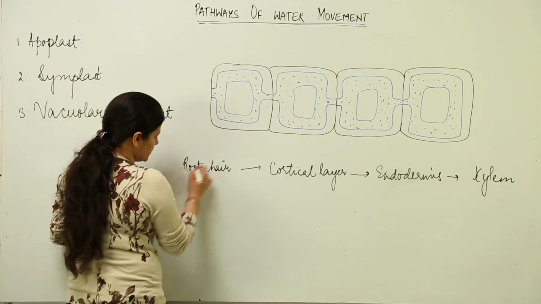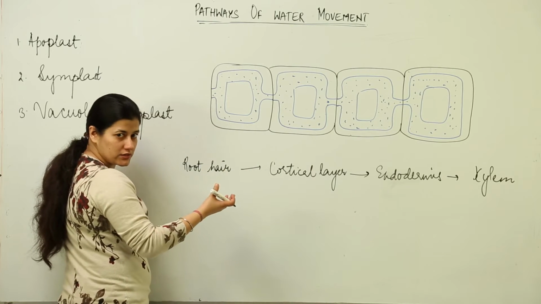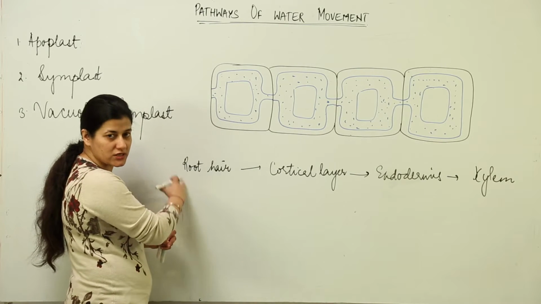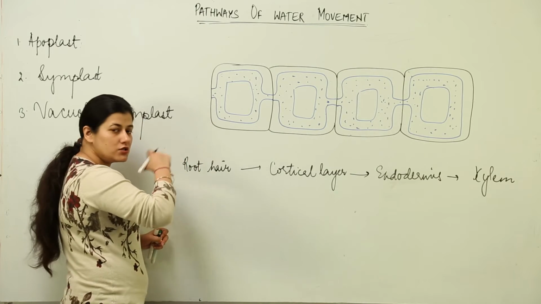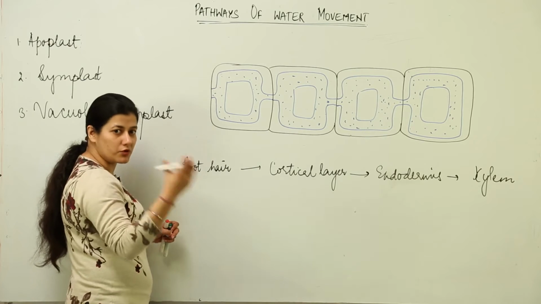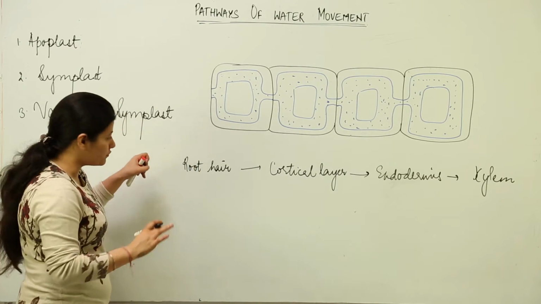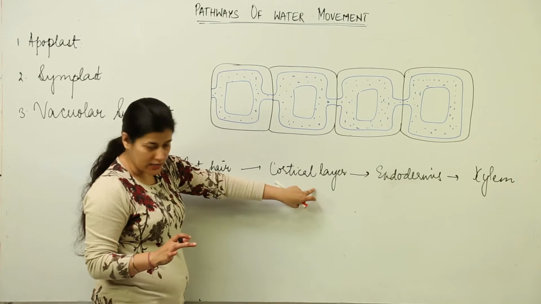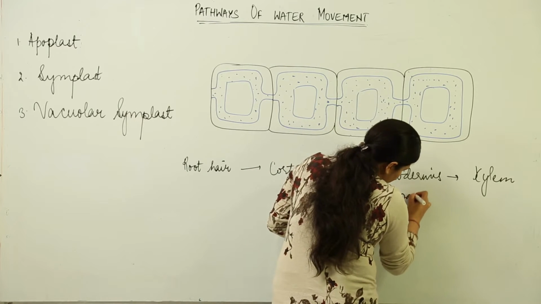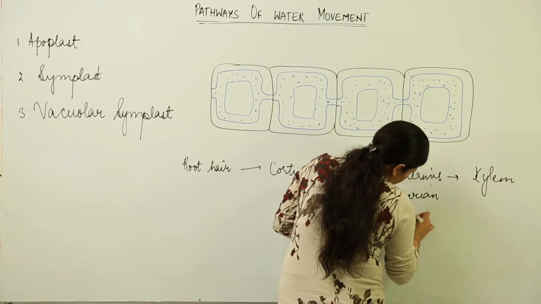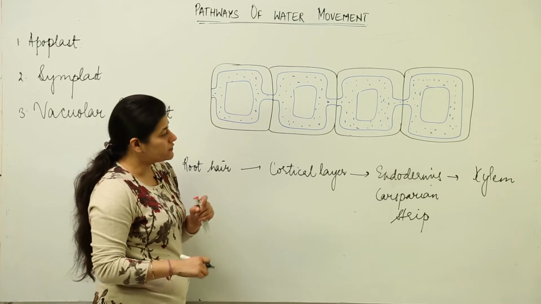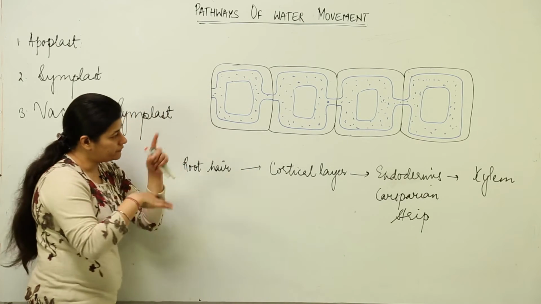Now this root hair, as you know, is an elongation of the epidermis. From there the water enters due to osmotic considerations. That is how the absorption takes place. It could be active or passive absorption. The 2 forces would vary, whether it is the negative pull that is taking up the water, or a positive push that is enabling the movement of water. So from the root hair, the water would pass to the cortical layers, then the endodermis layer will come, where we have Casparian strips, and from there it would be passed on to xylem, which is a tube-like structure, from where it would be pulled up to the leaves, all through the plant anatomy.